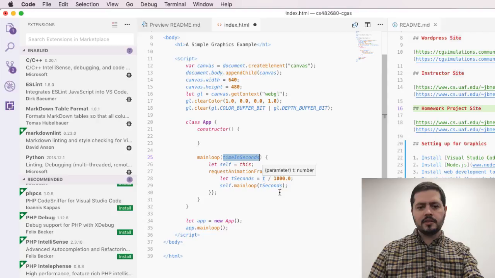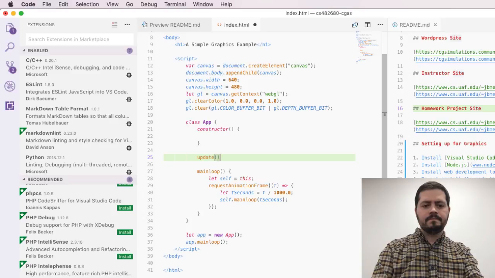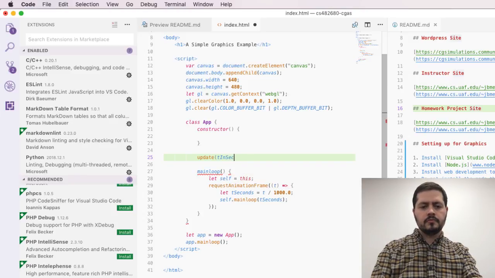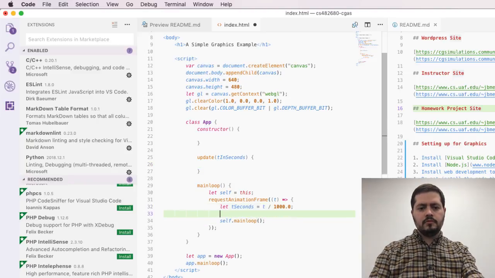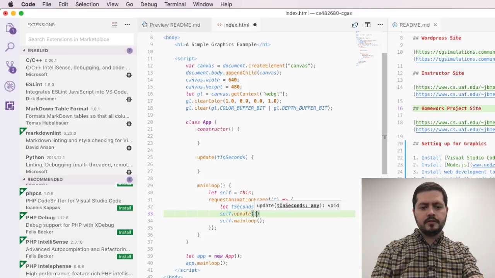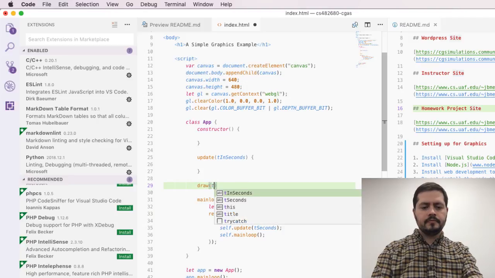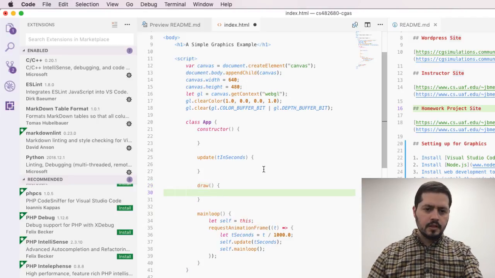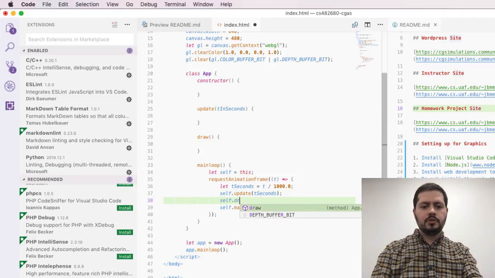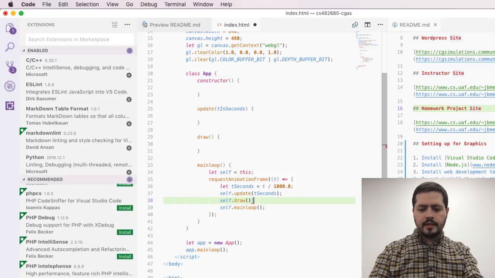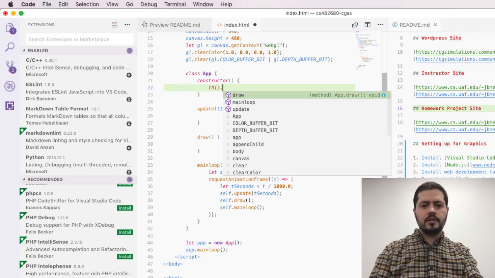Let's modify this just a little bit. Let's create an update function, and we'll say self.update. And then maybe we'll have a draw call. So after we've updated, then we'll just go ahead and draw. And in order to make sure that this works, let's